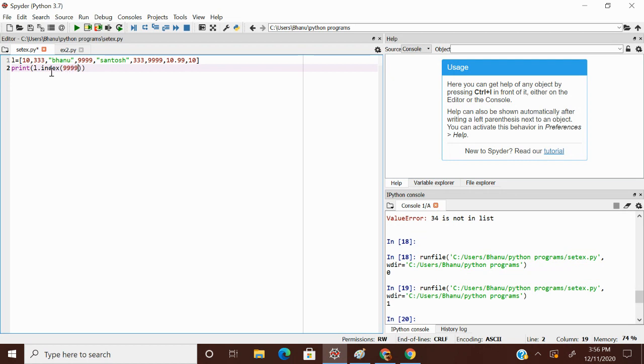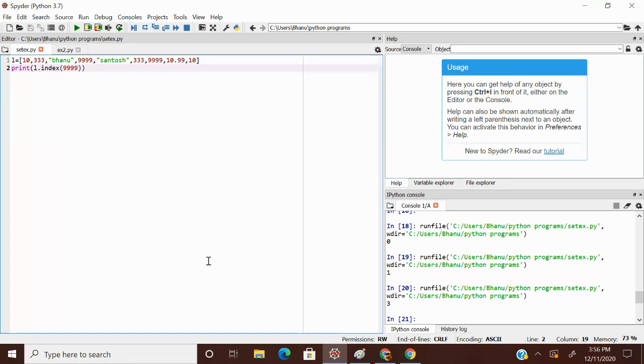Okay, now I want to find the location: 0, 1, 2, 3. At the third location it is there, so our answer is first occurrence at the third location. The second occurrence is at the sixth location, but I want the first, so 3 is our answer.